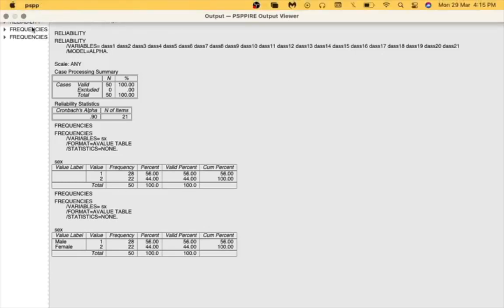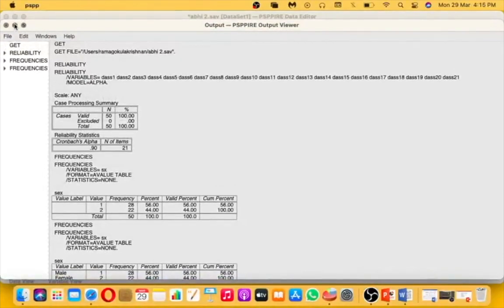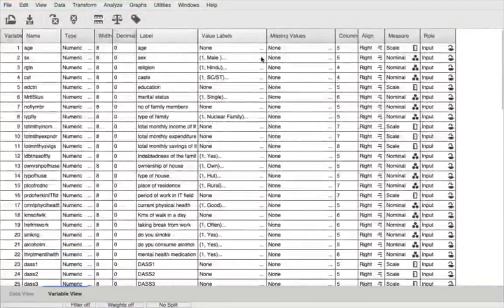So, now you understood why we add value labels. We add value labels to tell the computer what each of the different groups basically mean. Okay. And for all nominal variables we have to enter them as numbers and then we have to inform the computer saying 1 is male, 2 is female.